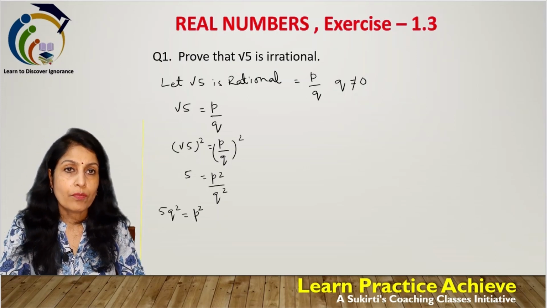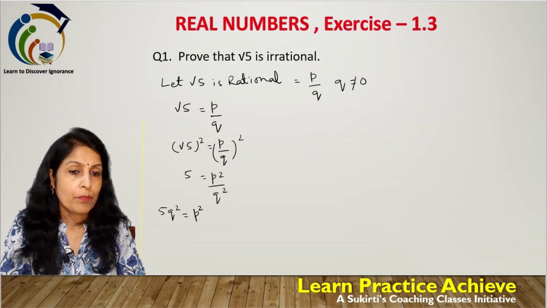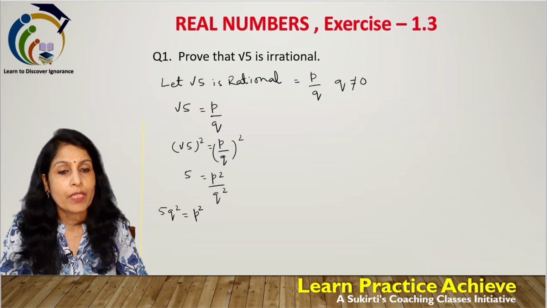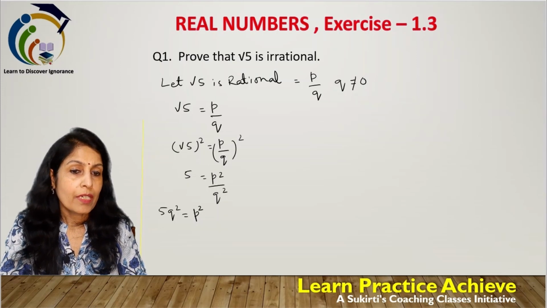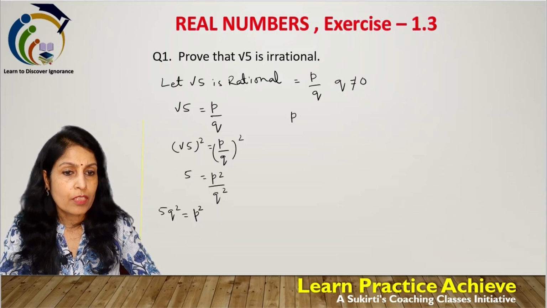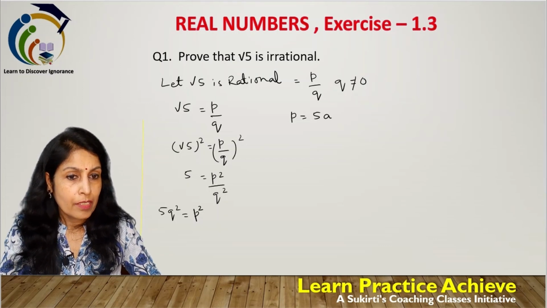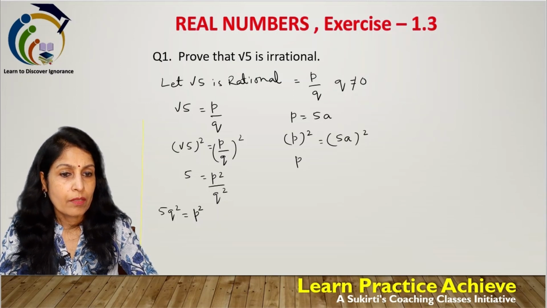So according to the theorem, if the square of any number is divisible by 5, here if P square is divisible by 5, it means P is also divisible by 5. Now suppose we take the value of P as 5A. And we will square this P on both sides. So again P square is equal to